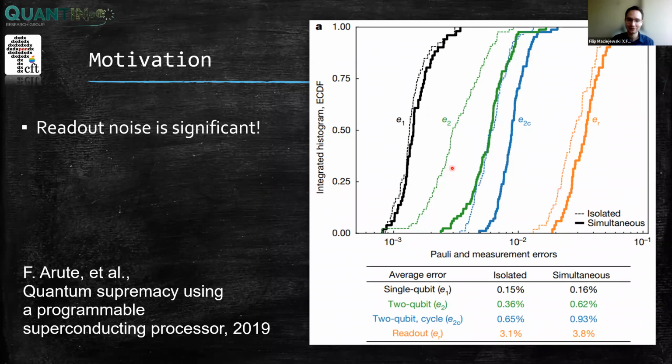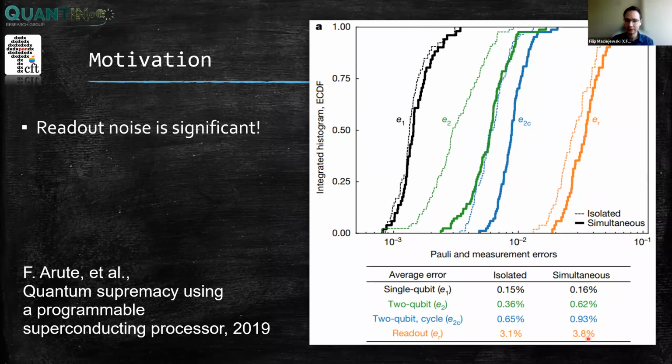This is a cumulative distribution histogram of errors from Google's famous quantum advantage paper. The readout noise is here in orange, and as you can see, it is quite high, even compared to 2-qubit Pauli error rates, so 2-qubit gate errors.